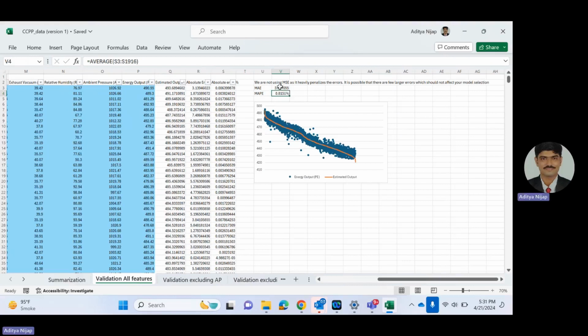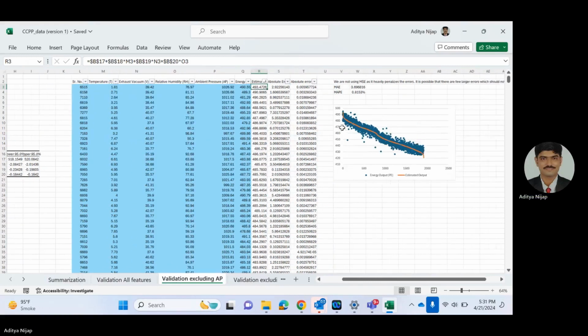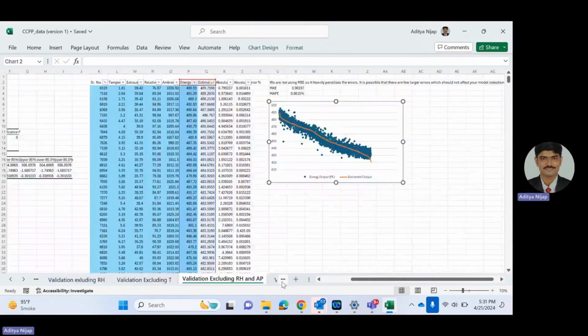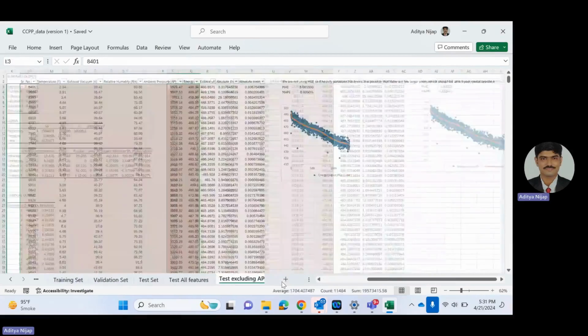The MAE value here is 3.697, MAPE value is 0.815, and here the MAE value is 3.6968, which is approximately equal to 3.7, with an MAPE value of 0.815%. Since these two are relatively similar to each other,